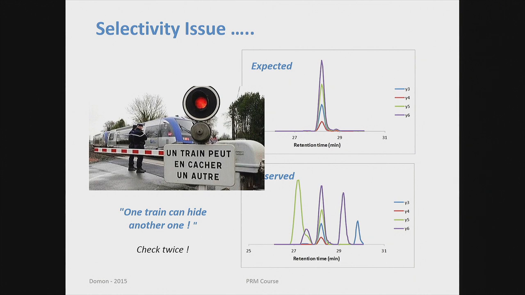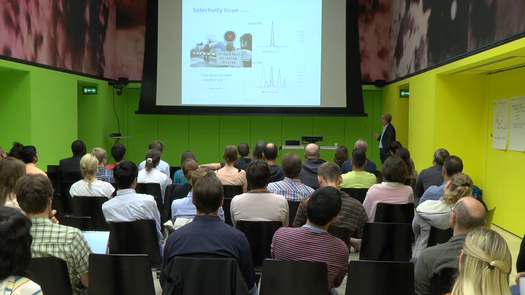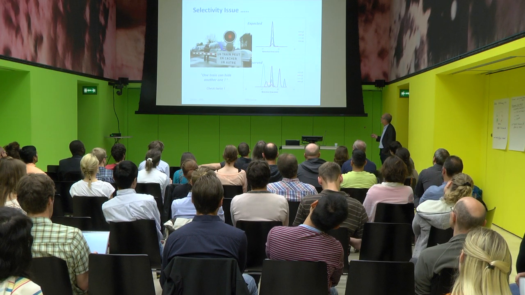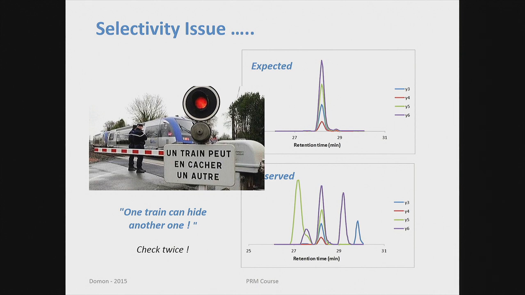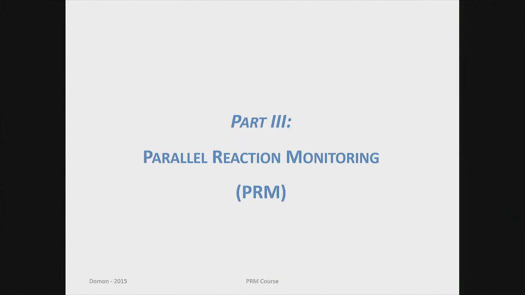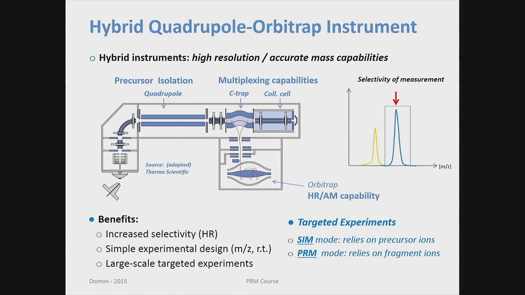I can indeed, if I look here, find my peptide of interest. And this is already PRM data. I'll show you the SRM data later on. But you see, if you would just look in the regular windows, actually there are a lot of other ions or fragments interfering, and if you're not very careful, you may very easily do the wrong quantification and come to the wrong conclusions. So that's why we tried to move to PRM using a high-resolution instrument,